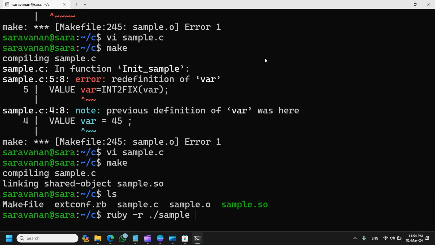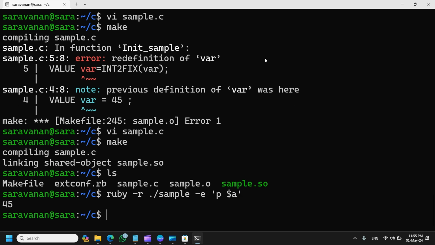Then there is the minus e. We have to pass the argument p dollar of a. We have to close it. Once you get the command, you have to pass the argument and it will display there. What is the